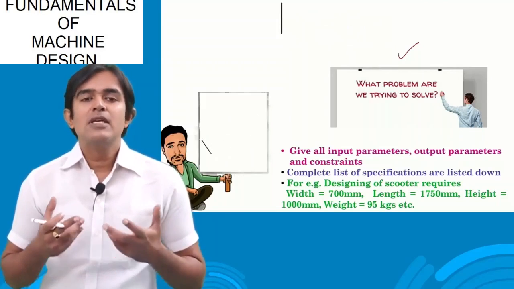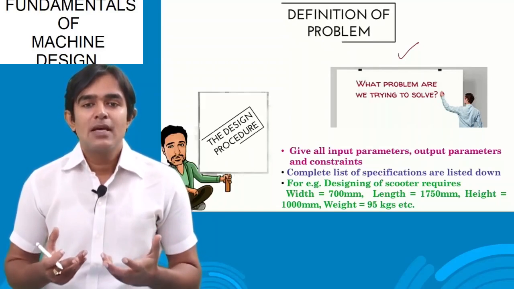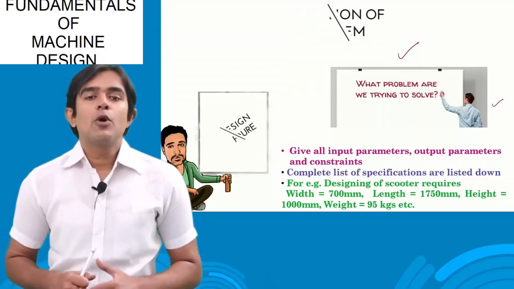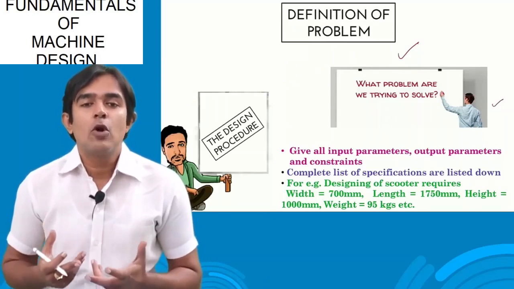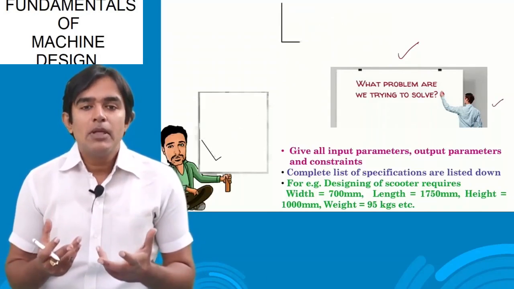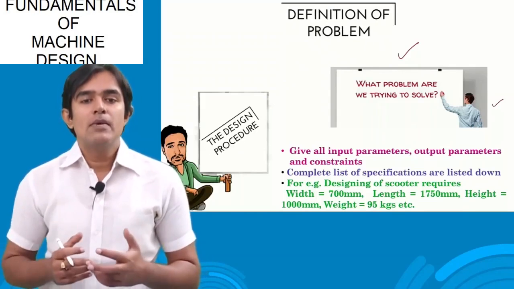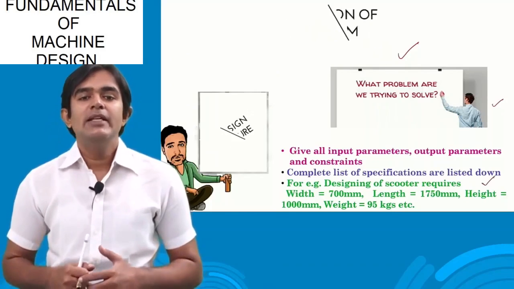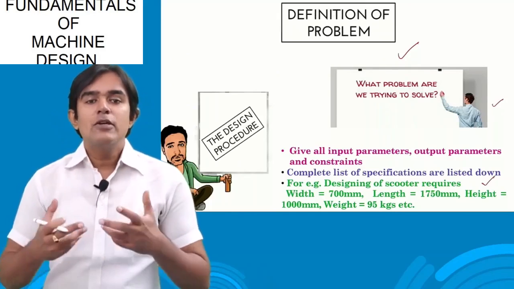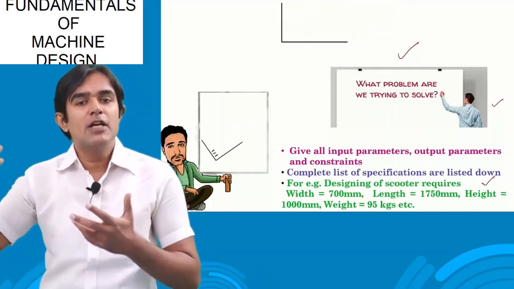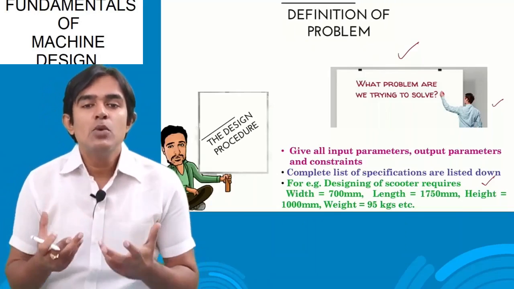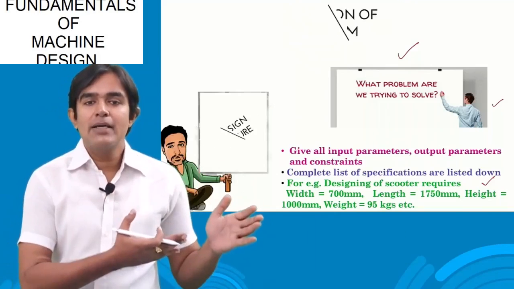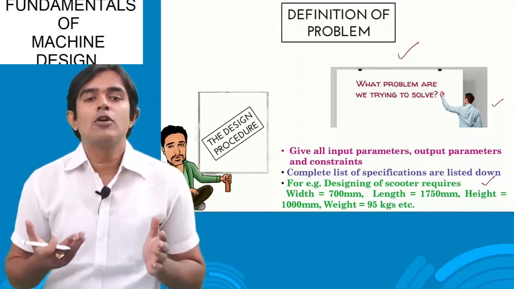Now, the first thing that the person is going to face is: what is the problem? As you can see over here, what are the problems that we are exactly trying to solve? Once we know the problem or go deep down into the problem, let us see one example. If I want to design a scooter, then I need to give some dimensions. What kind of scooter is going to be there, whether it is available in the market or not, whether the people will buy that scooter or not. If such scooters are available in the market and a better scooter we can give or not, that is what we